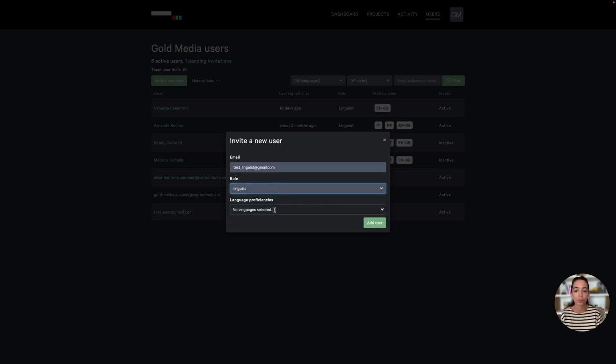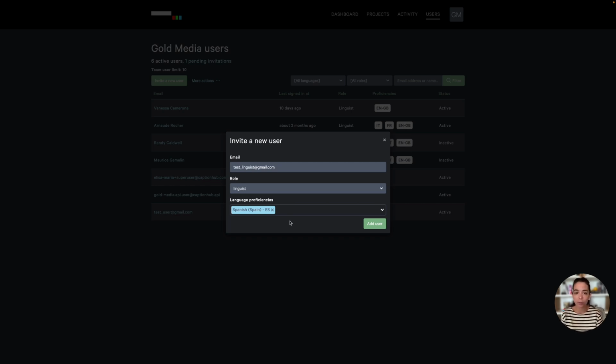And of course, it's really important to select all of the corresponding language proficiencies when creating linguists, reviewers, or language supervisors that you want assigned to that person. In this example, I've assigned Spanish language proficiency to this particular linguist, and as you go on to create translated subtitles, ensuring accuracy in your selected proficiencies at this stage helps Caption Hub know which users in your team have which language proficiencies. And this just really helps ensure a smoother workflow later on in your captioning work.